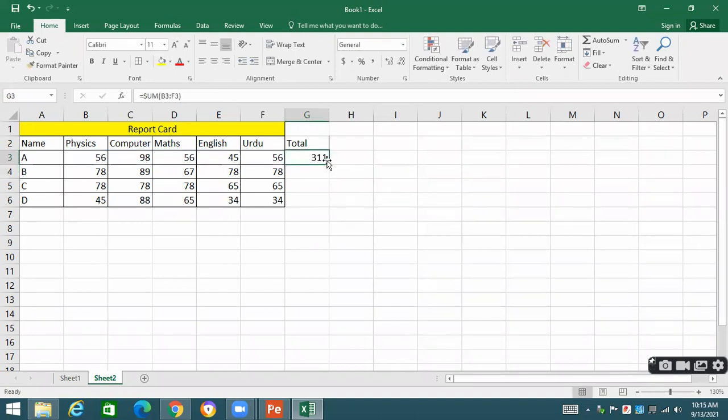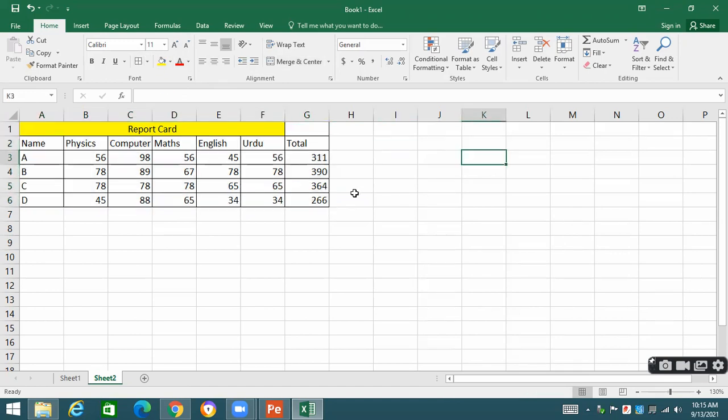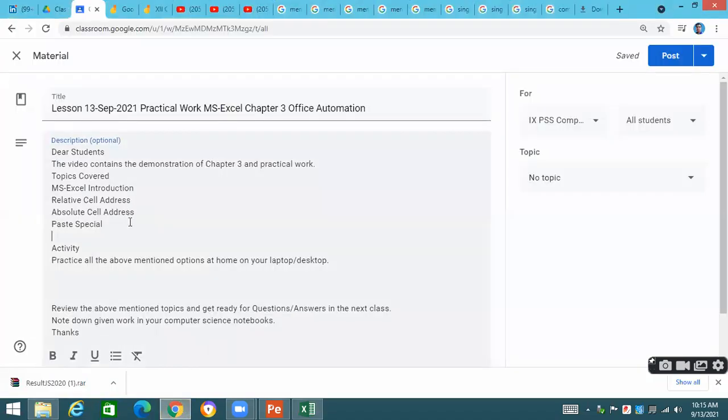When you drag it to the next cells of the same column, you'll see that the next values are created, and Excel changes the cell addresses according to the next addresses, which we know is called relative cell addressing. Okay, students, is this point clear? This is the formula that I have applied, which is sum. In formulas and functions, this is the function we have used. Which function have we done? The sum function.